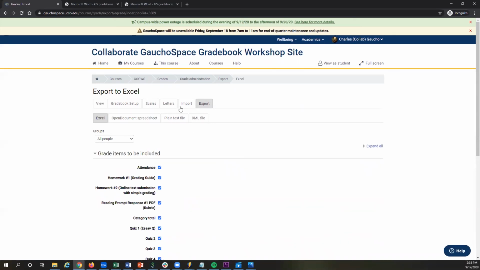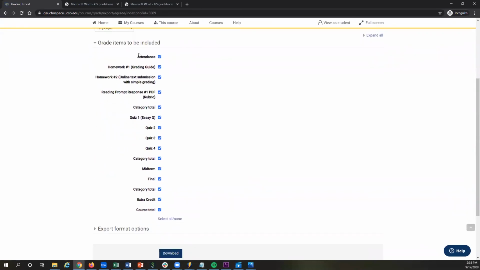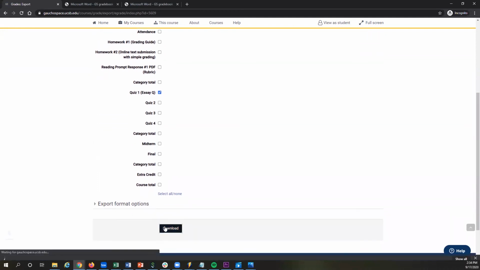With export and then Excel checked, this is everything in the gradebook. If I want to select just a certain item from it, I can select all or none, and then check the single item, maybe I just want to export these quiz scores. With that, I can click on download,